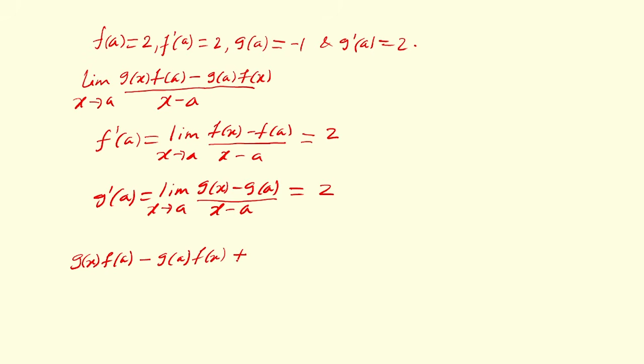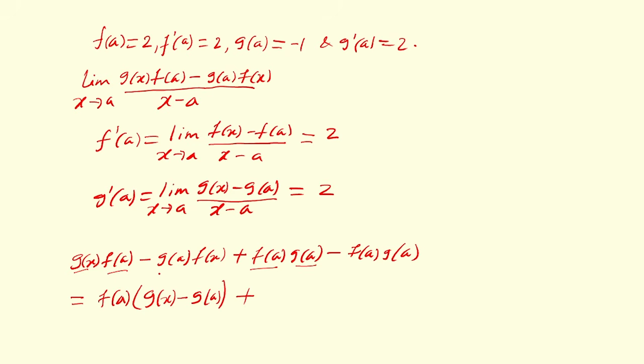If we add here f of a, g of a, and subtract again f of a, g of a. Now g of x minus g of a, we have common f of a. So this is equal to f of a in bracket g of x minus g of a,